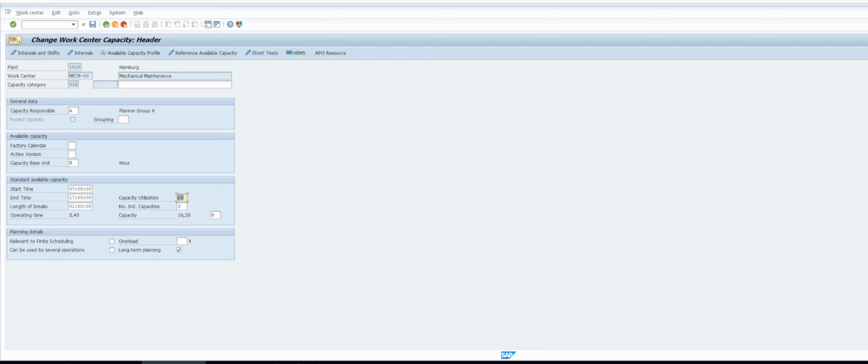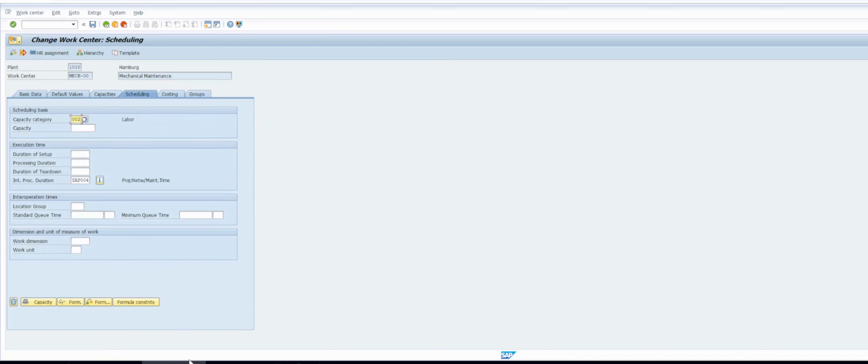So I will stop here because this is a big topic, not a small one. It is also integrated with finance, because we have to discuss the costing part as well. I will stop here, and there are a lot of other configurations as well which I wanted to show. So what I will do is, I will not